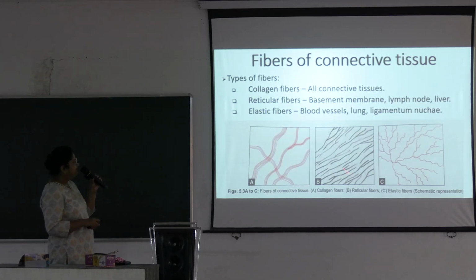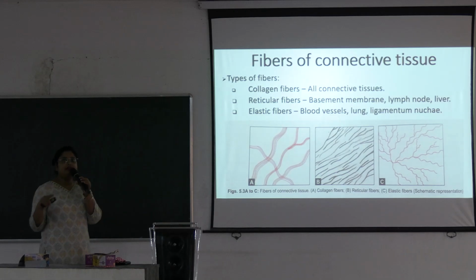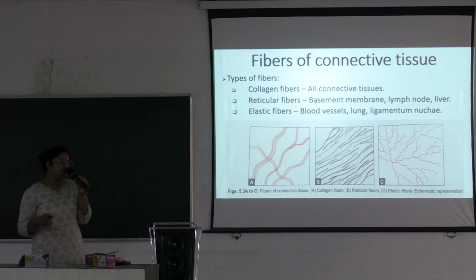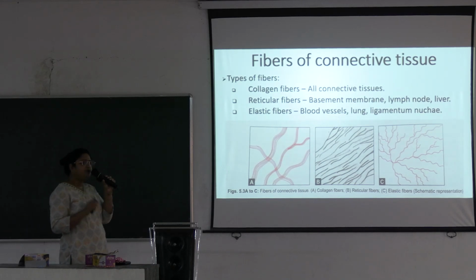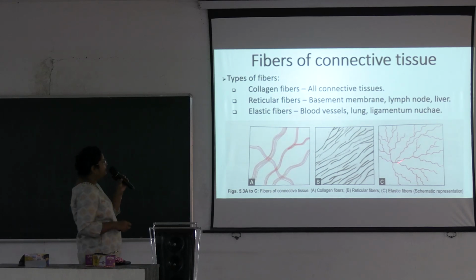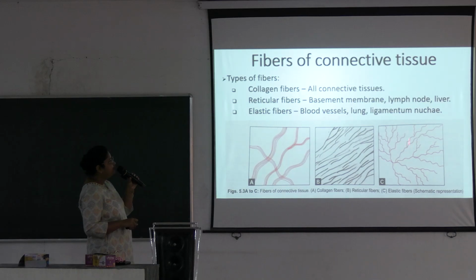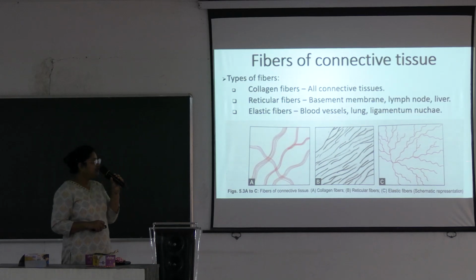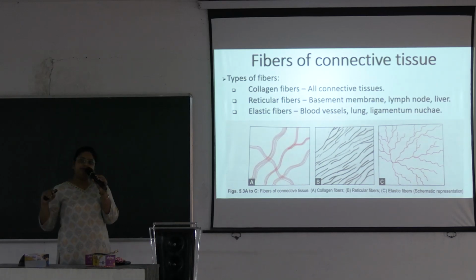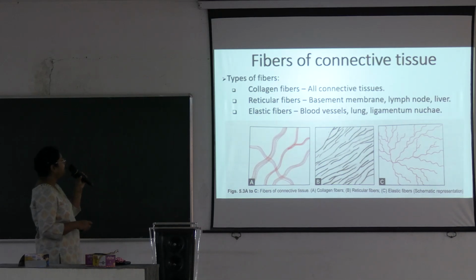And these are reticular fibers, they are stained black, okay. So you have to draw it with a normal black pencil that you are using. So reticular fiber you draw with black pencil. And this is elastic fiber, it has a wavy pattern and it is branching, multiple branching you can see, okay. So it also you have to draw with pink pencil, okay. So these 3 diagrams you have to draw for fibers of the connective tissue.